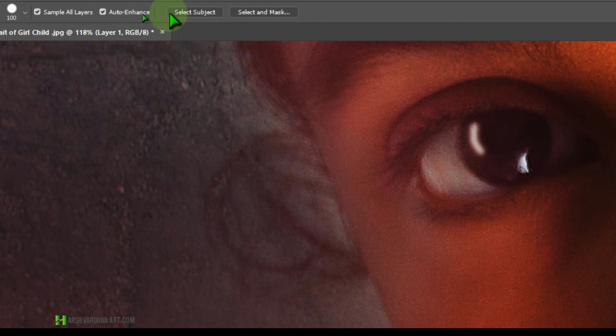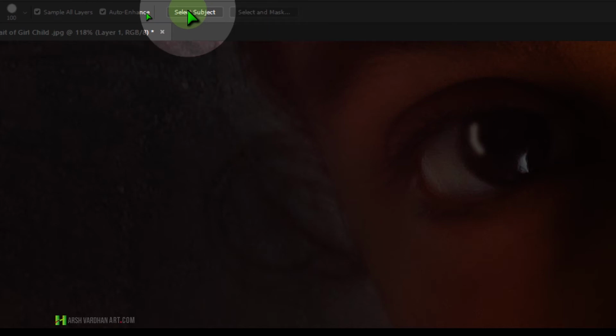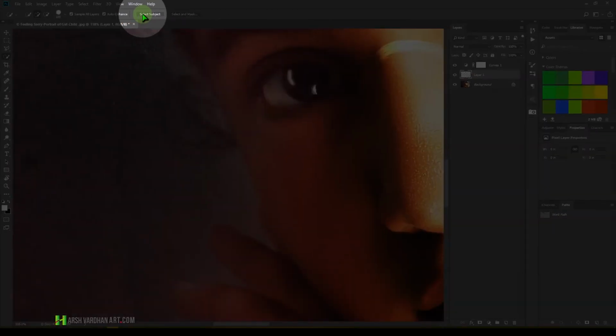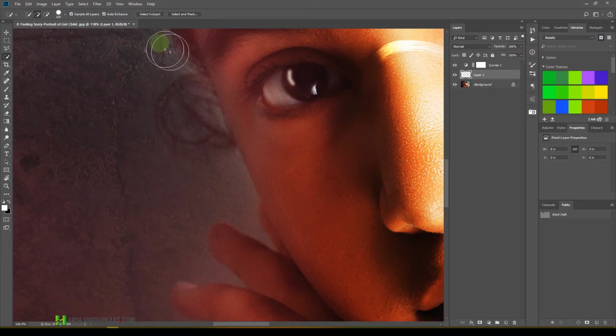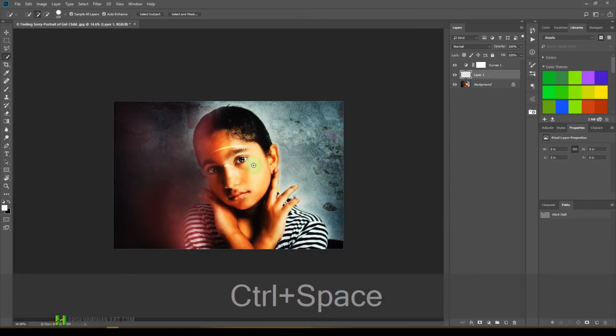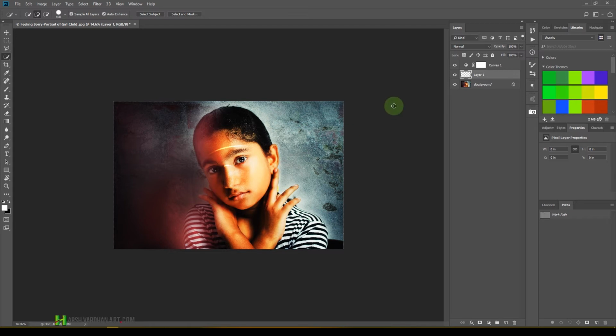Okay, so then we have the option of select subject. This is a new option which is available only in the latest version of Adobe Photoshop CC 2018, because this is a new intelligent selection option which has just been added. What it does is make a selection of the subject. The Photoshop engine would try to calculate what is the main subject or what is in focus, and then it's going to make a selection of that area. So let's see, if I press select subject, and as you can see,